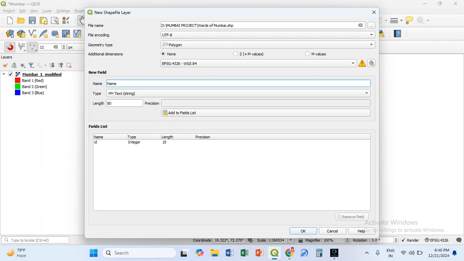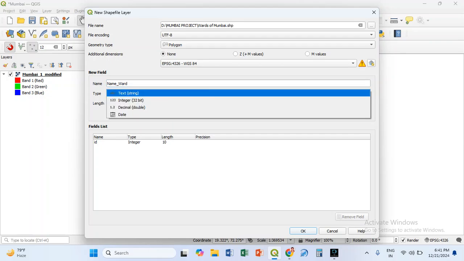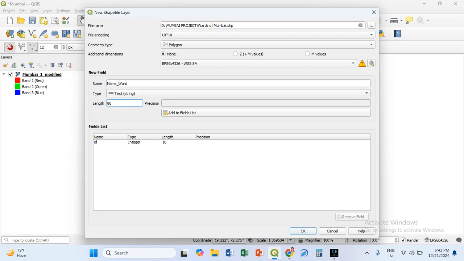Now this title doesn't take a space, so I can use underscore and I can write name underscore ward, which means that this is the column for giving the ward names. Now since this data will be alphabetical, the type of data that I select will be string data. The length can be 80, which is too much as the ward names are just 2 or 3 alphabets big. I will click on add to fields list, and this is how I can create a new column